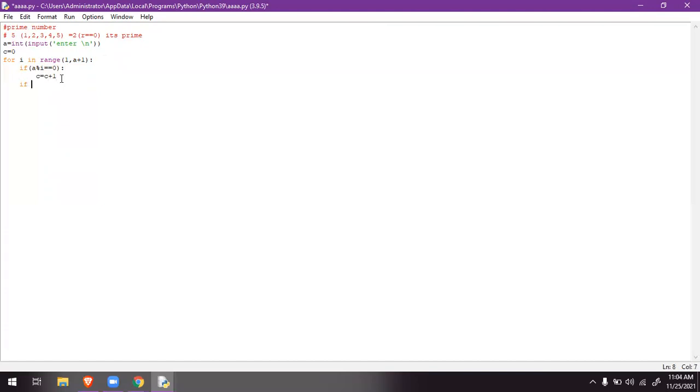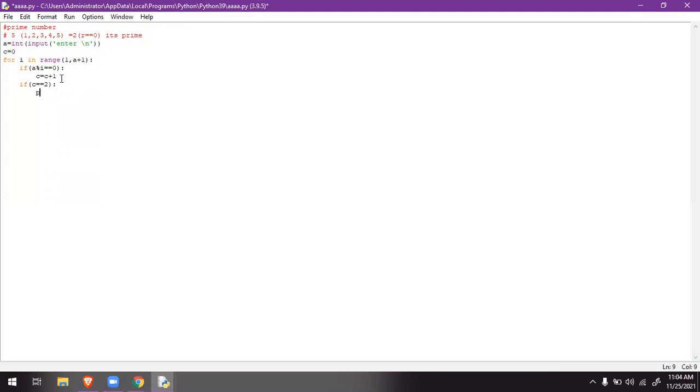If that c is exactly equal to 2, what do I have to write?